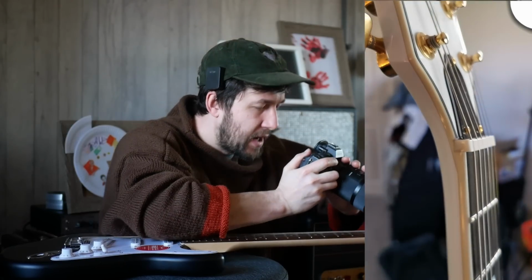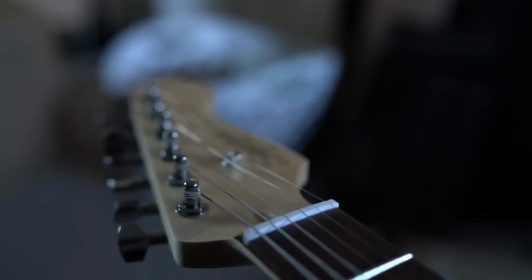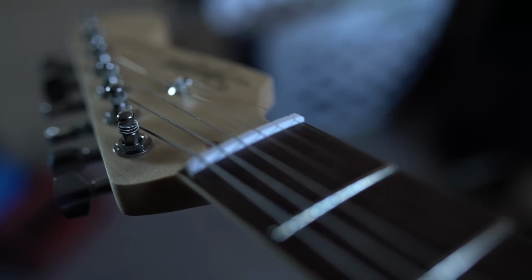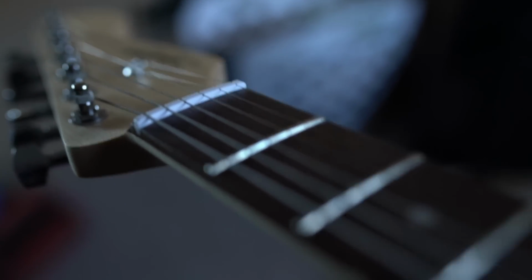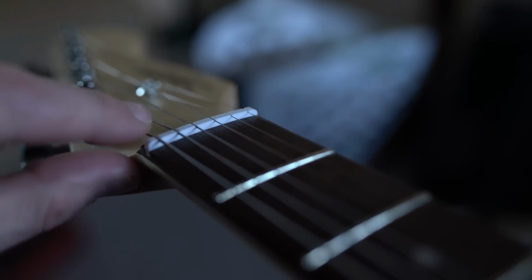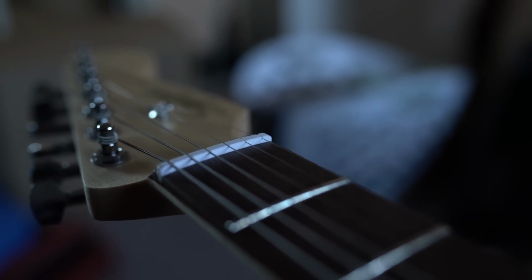What you often find is that the nut is quite high, quite chunky and quite plasticky. Now there are a few things like these squarer edges where they've removed less material. That'll be an aspect of it, but also the general height. Now they might have cut the slots lower so that you don't at least have bad intonation here, but a lot of the time they might leave excess material on the nut. That's the real thing that you see, and